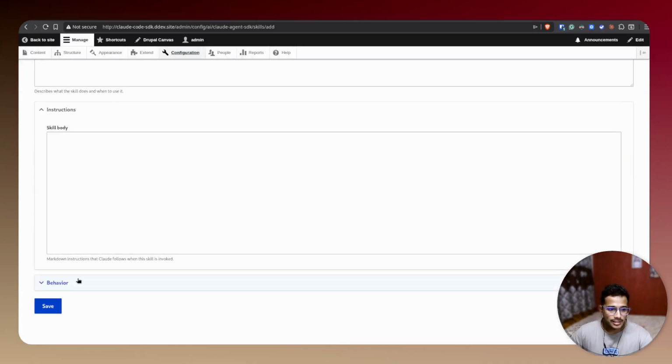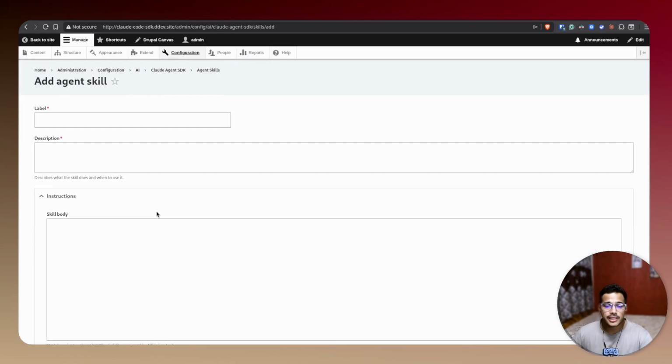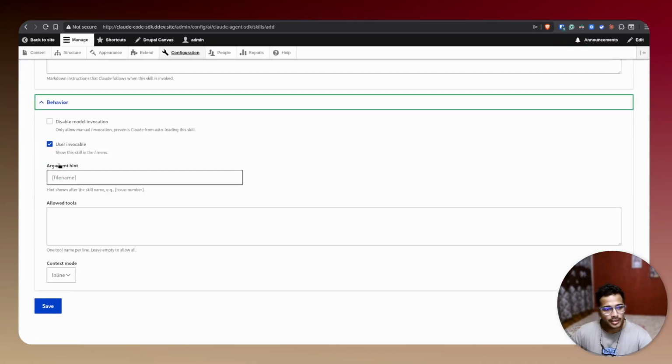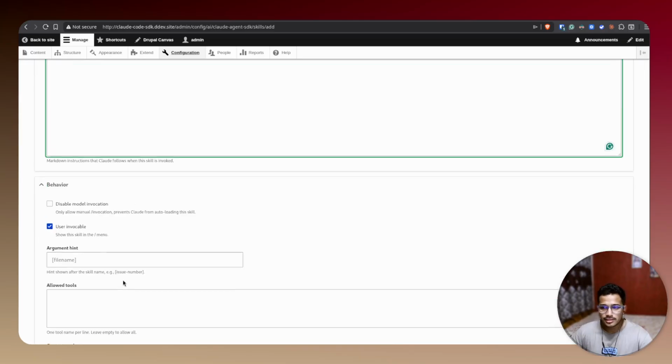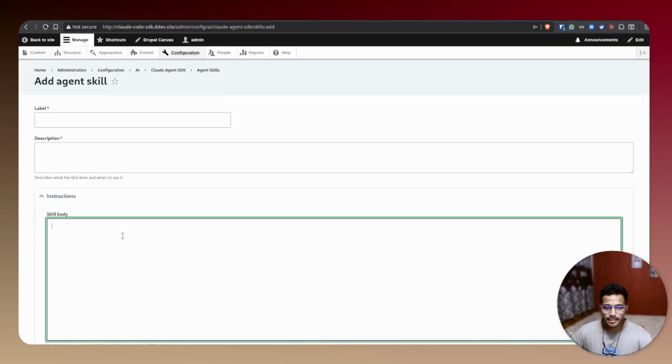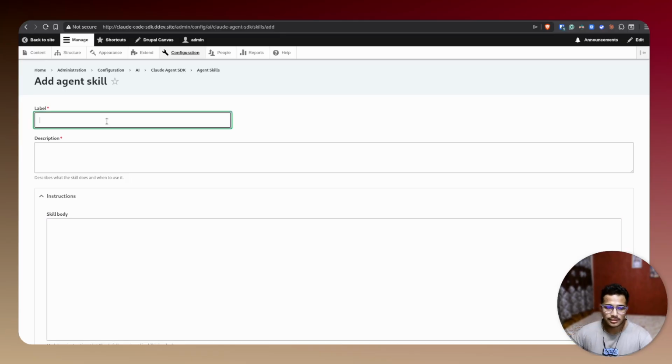Skills are mostly simple. So the skills that you create from the Drupal admin UI are very simple. It doesn't have the scripts and everything that you probably would like to have in your skills if it's doing some kind of complicated operations. But here you can have simple instructions to say, well, let's just create a skill,